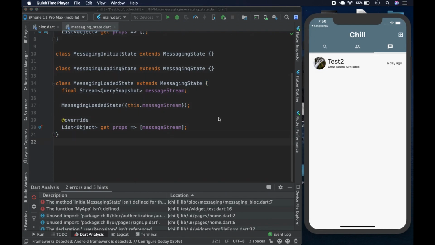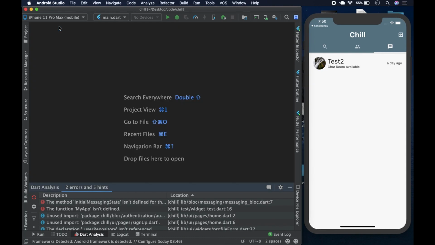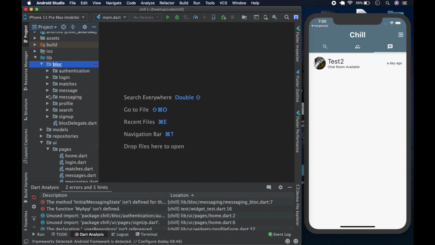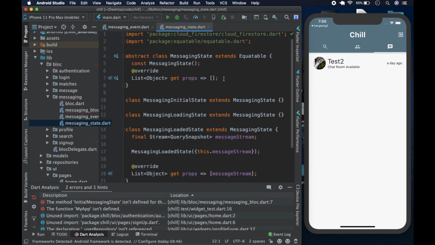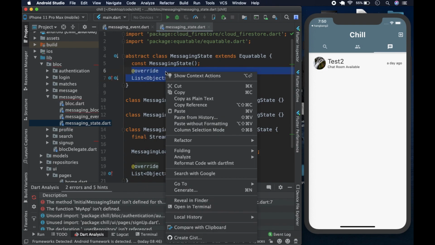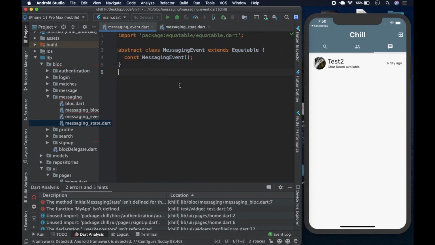Continue. What we could do first is close this and close the block, the barrel file, and come back to the event. Let's open the state also. We're going to copy this line of code.